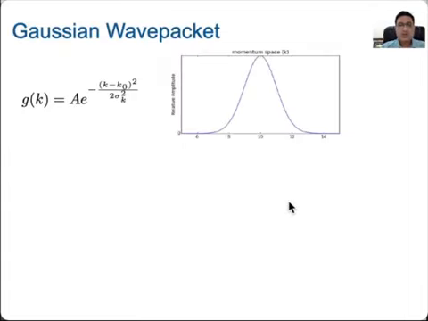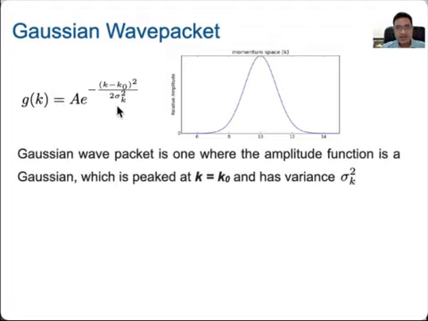Now let's come to another concept, which is called a Gaussian wave packet. We have seen the notion of the wave packet in earlier classes. Here we are going to discuss a specific example of a wave packet which is Gaussian in nature, or has a mathematical form of Gaussian type. So here I have written my g of k. It is clear that this wave packet has a variance sigma k square, or standard deviation sigma k, and it is situated at a value k0.